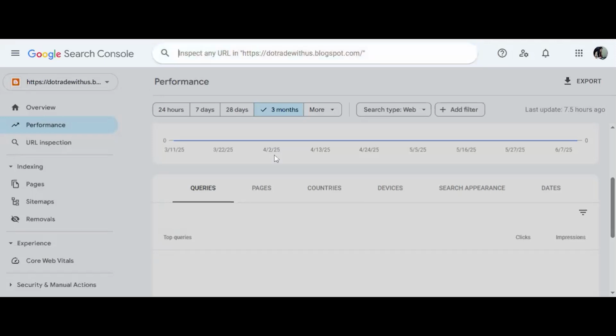So this was the URL inspection tool. How will we do that? We'll copy the URL from our website, whichever page we want to inspect. Copy the URL, paste it here, and for example,